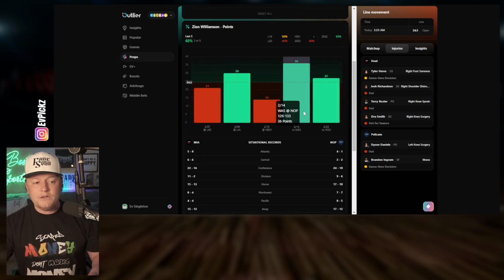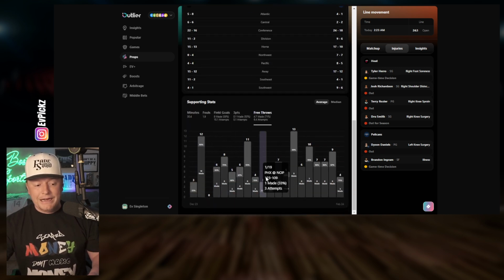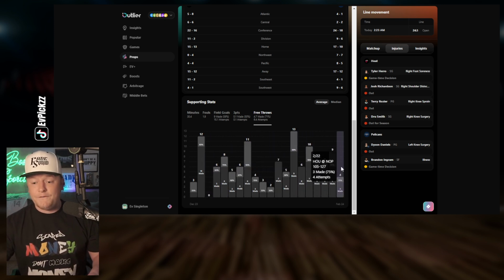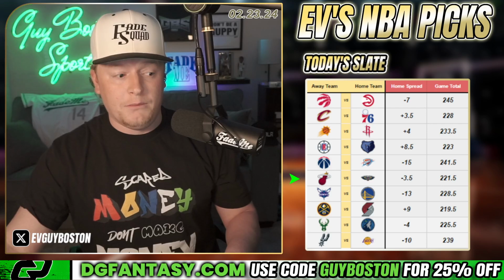He had 4. If we zoom this out to the last 20 or so, date back here, he's only looking at 5, 6, 4, 3, 3. Yes, he has some of these peak games at the free throw line, but if Zion can get in the paint and get to the free throw line in this game, I do think it's going to be